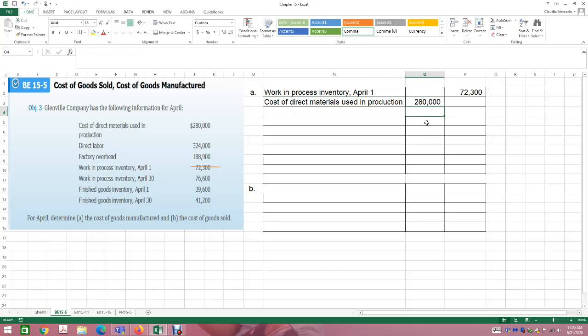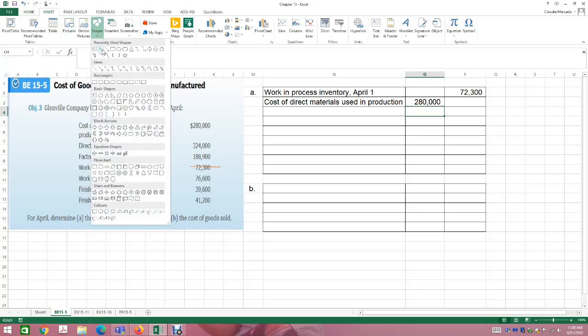Now I'm putting it here in the first column because every time you have to do calculations, add or subtract several numbers, you put them in the first column and then you give me your total on the second column. On the second column, you only put information if it's a grand total, where no calculations need to be done. If there are calculations that need to get done, then you put it in the first column. So I'm going to put it here because we have some calculations to do. The first thing we have is our materials that we purchased so we can put them in production. So I'm going to scratch that off.